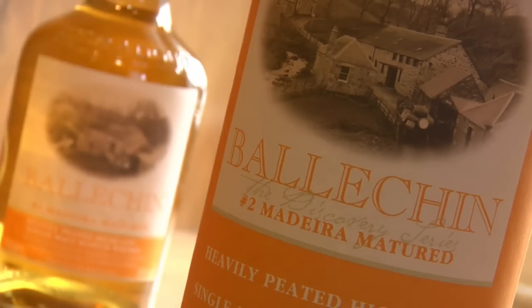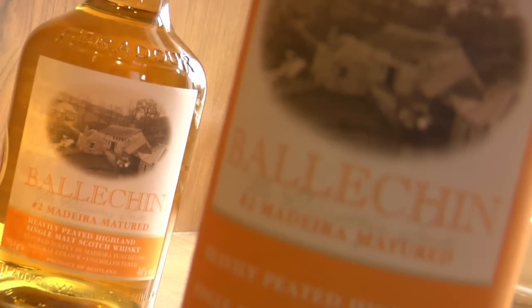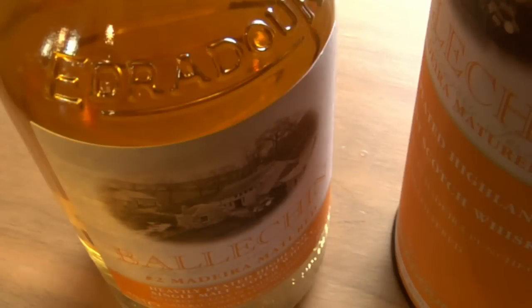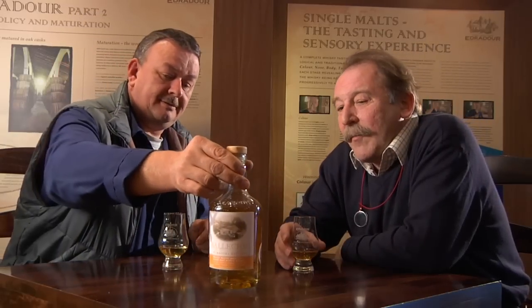So staying with our Ballechin, this was our second bottling, which is the Madeira Matured. It's 100% matured in a Madeira puncheon. Well, as you know, I'm not really convinced. I was convinced by the previous one, the port. This one, I have to tell you, is actually 62 ppm. 62 parts per million phenols. So it should be very, very smoky. Very smoky. And again, just to remind viewers that the Ballechin